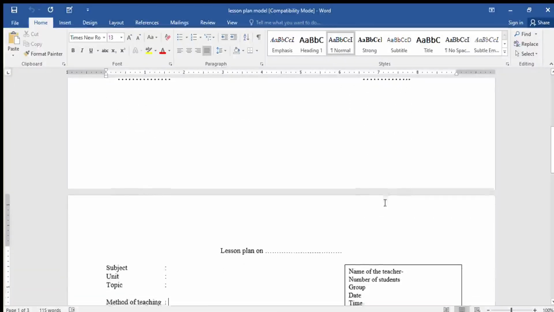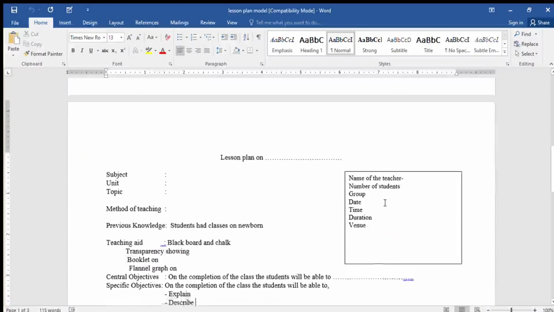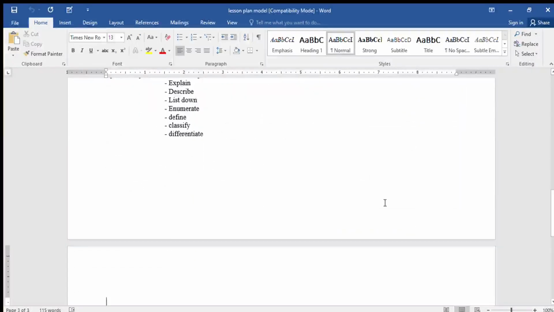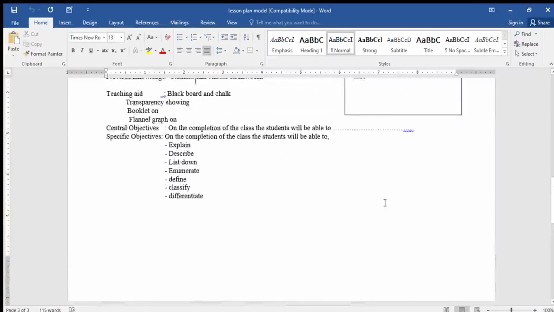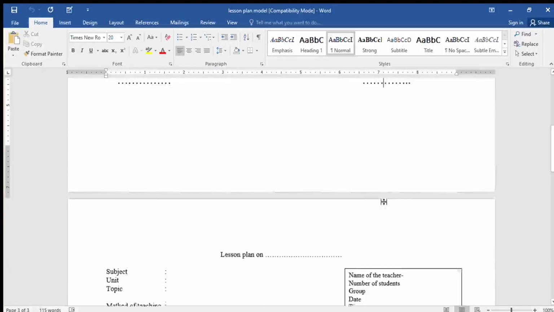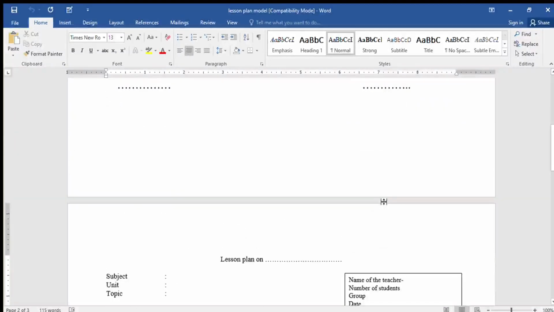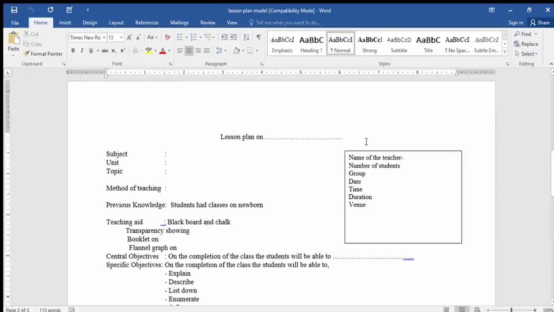And the second page consists of the lesson plan on, again, we have to write lesson plan on cirrhosis of liver. Then the subject, meaning in which subject this cirrhosis of liver comes. That is in medical nursing or surgical nursing or advanced nursing. Which year you are studying, that depends upon. For example, if it comes under medical nursing, you can write the subject as